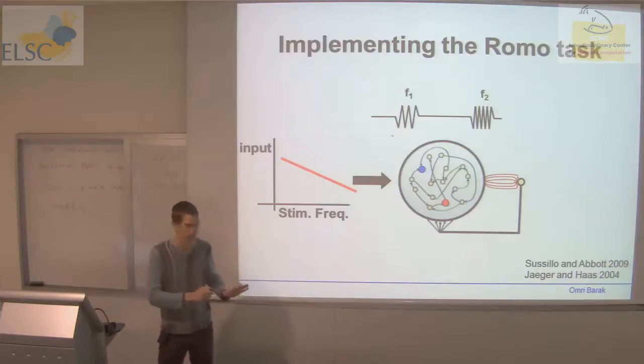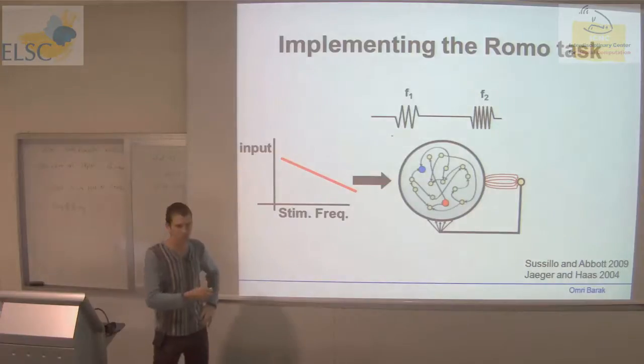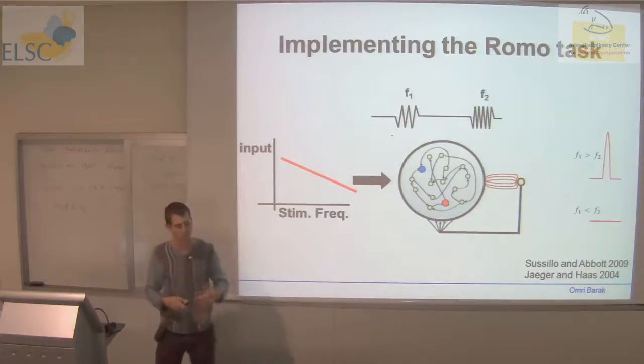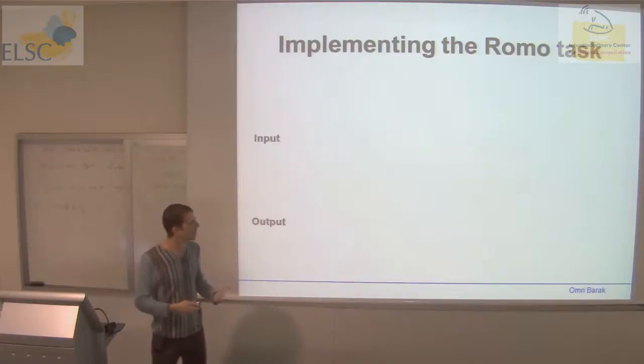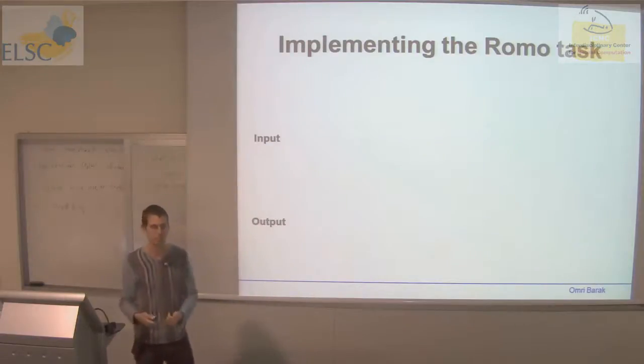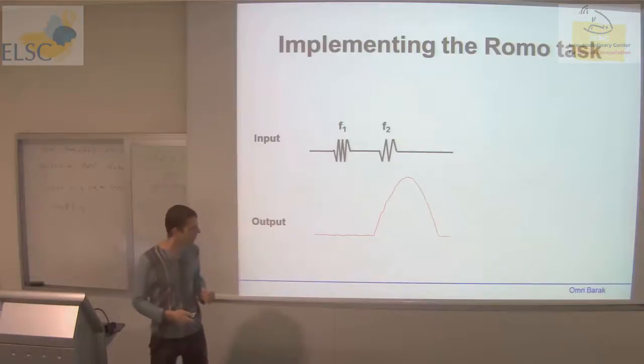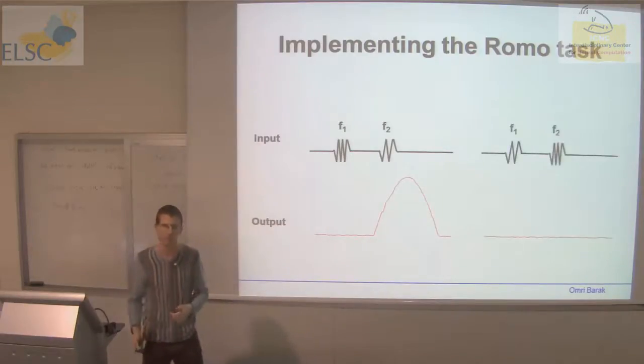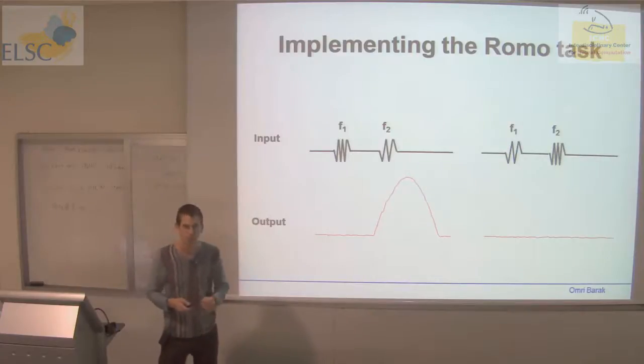It is completely random. And now, the readout will try to tell me whether F1 is larger than F2, and it will do so by producing this bump of activity for one answer and nothing for the other. So I trained the network using a FORCE algorithm developed by Larry Abbott and David Sussillo, and the network learns the task. So when I present the network with F1 larger than F2, it responds with a bump of activity, and it does not when presented with the opposite